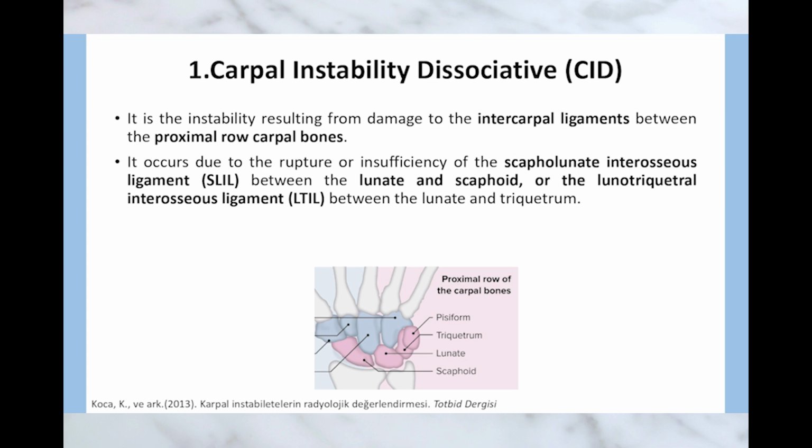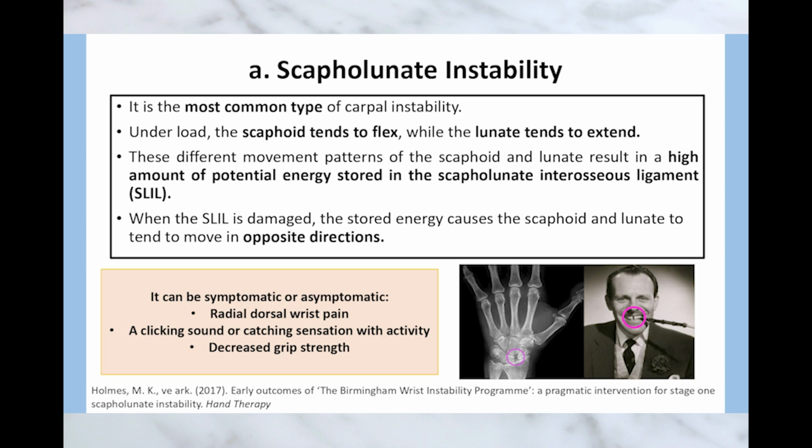Let's talk about the first one, scapholunate instability. You mentioned that's the most common. Yeah, that's right. So in a healthy wrist, when it's under load, the scaphoid and lunate bones move in a coordinated, almost opposite way to keep things stable. The scaphoid flexes or bends forward while the lunate extends or bends backward. But when that SLIL is torn, that synchronized motion is lost. And so the scaphoid ends up flexing way too much without the lunate extending properly to balance it out.